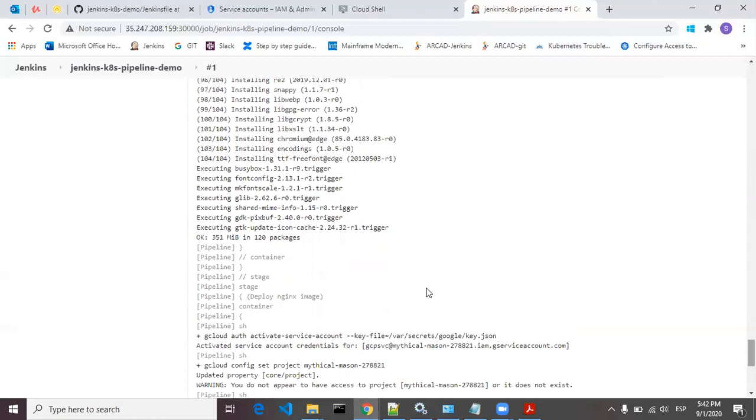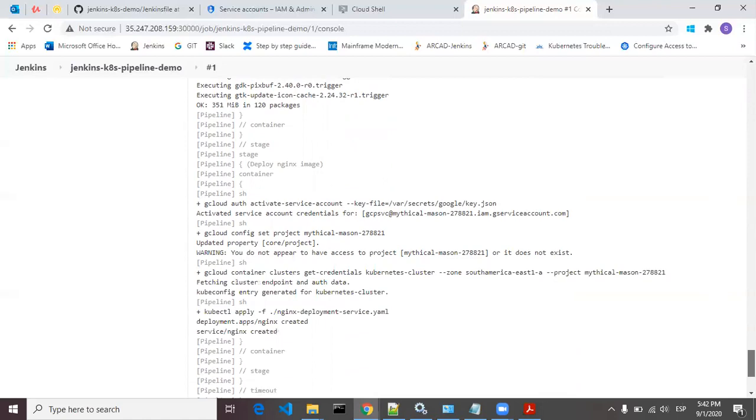And the last is deploy nginx image. Kubectl apply nginx deployment service.yaml. It will say deployment app nginx created, and deployment and service both are created successfully.